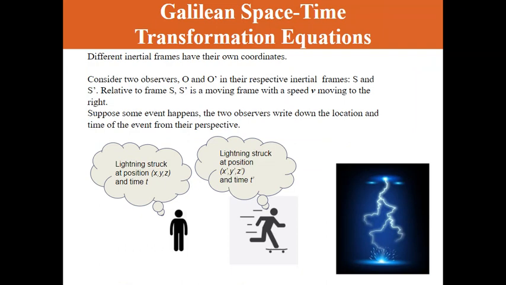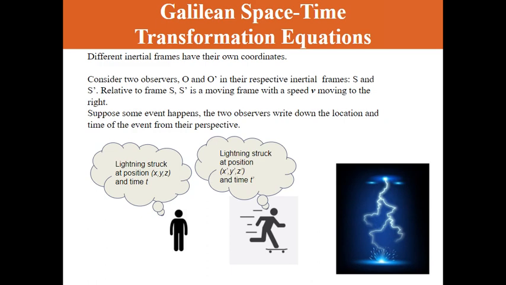So, for example, consider two frames S and S prime, each one with an observer O and O prime. And the difference between the two frames is that the frame S prime corresponding to observer O prime is moving to the right relative to the first observer. So if we were also standing on the ground next to the first observer, we'd see the second one skating